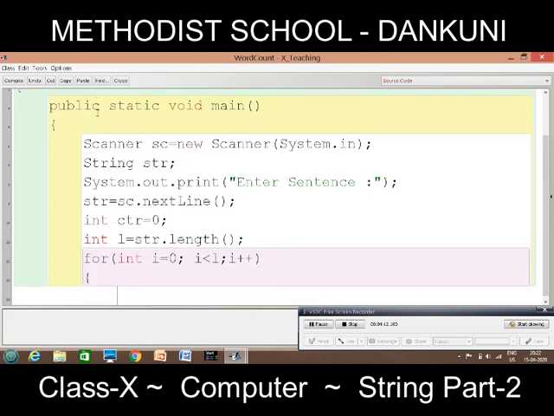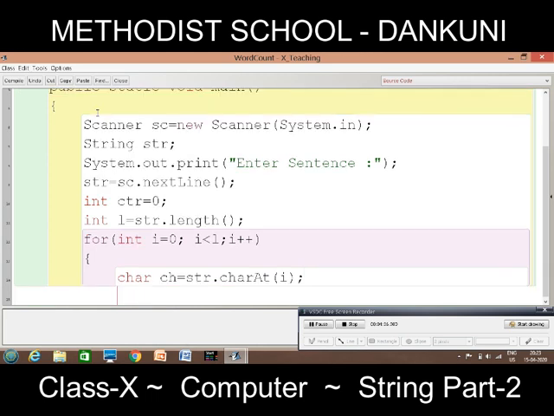Now for extracting each letter from the sentence, as we did before, I will create a char ch, and then use the str.charAt function for extracting the value. For this line and the length, please refer to my previous video.